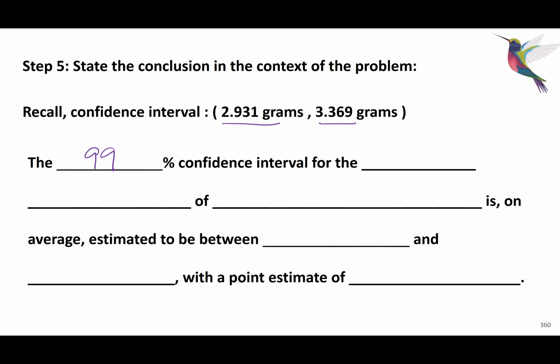For that, it was a mean or an average, either one would be okay. The mean weight of all, I'm going to write it in terms of the population, but then I'm going to have an asterisk, Allen's hummingbirds